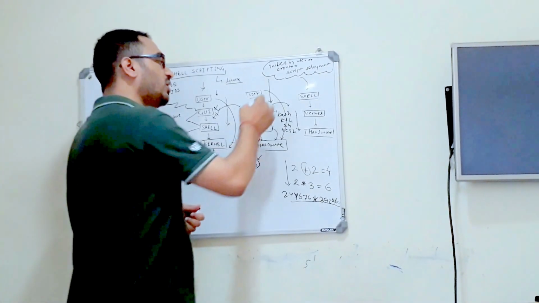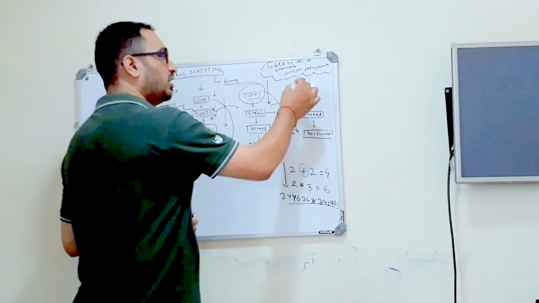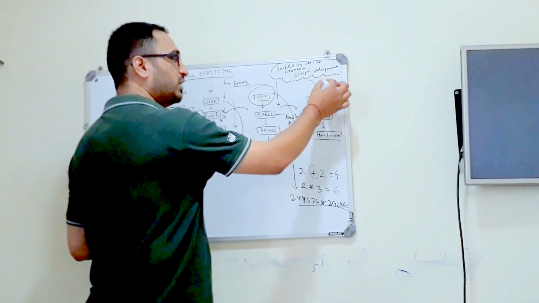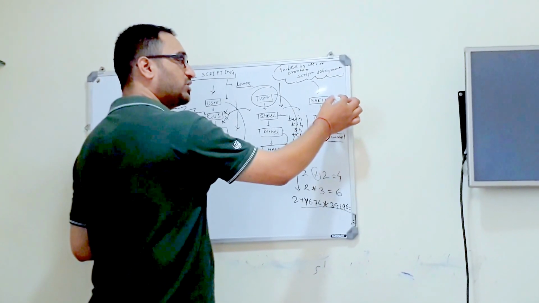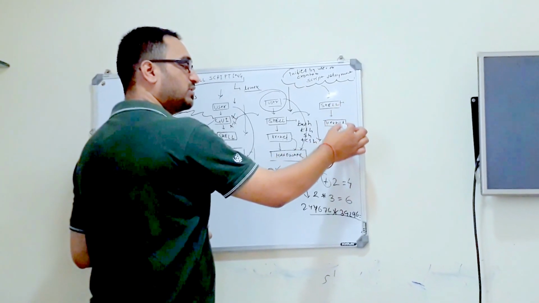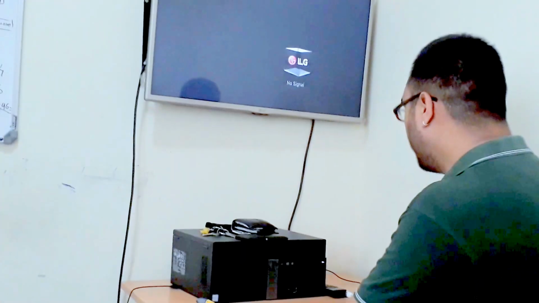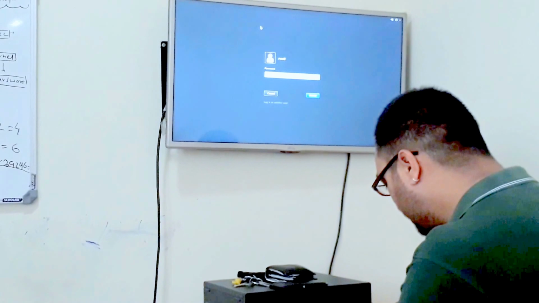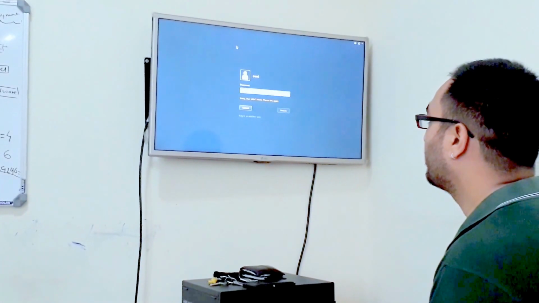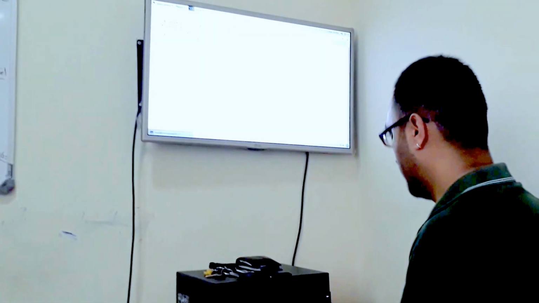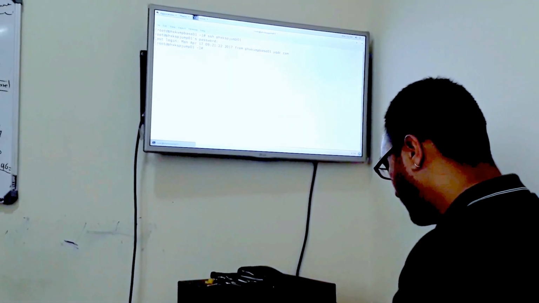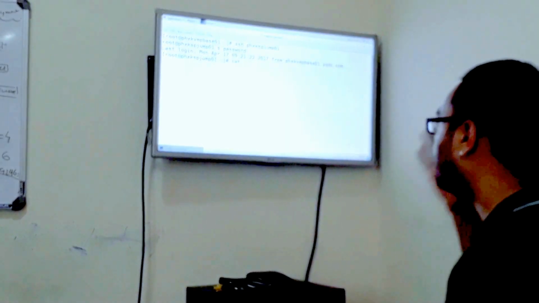So what I will do, I will not do it user by user. I will create a script, I will deploy the script, and that script will run on the shell and will install everything. For example, here we have a setup, and I will log in using root credentials. Suppose I'm going to create 10 users.